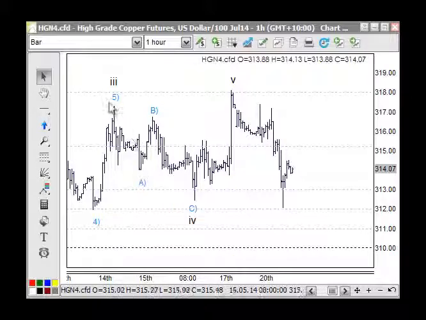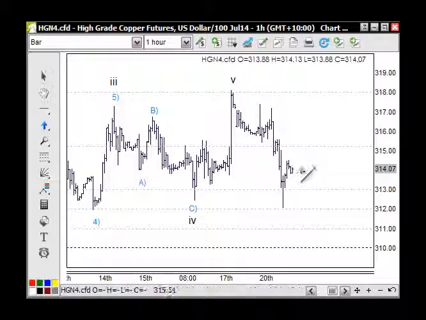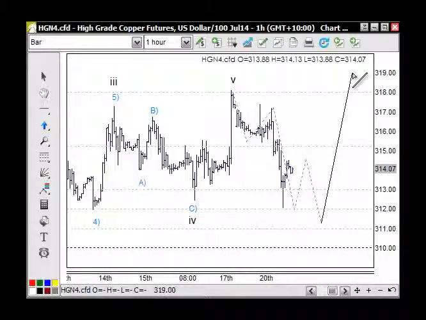You know, it could count as a triangle in wave 4 here, in terms of an A and a B and a C and a D and an E here, and then pushing up from this point here. But I just think we need to be a little bit mindful, and we could look at this as 1, 2, 3, 4, and 5 to here, and then a move up from here to make the next wave